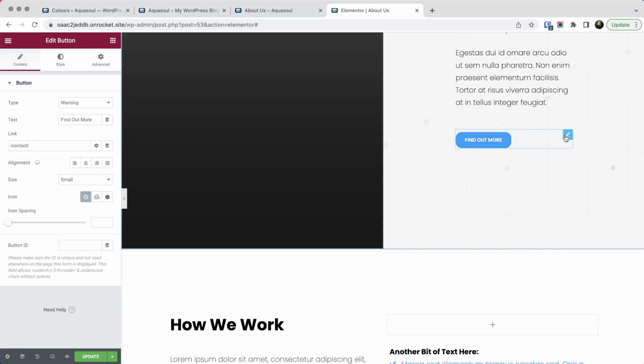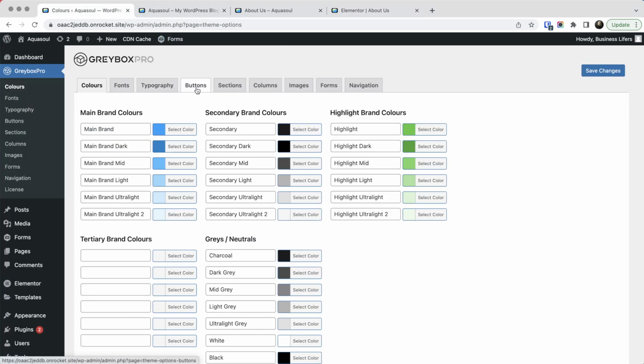Now buttons are a different thing altogether. So buttons are controlled by GreyboxPro as well. The reason we do that is it just makes it so much easier. You don't have to set up your buttons every single time. So in this case, we're looking at a warning button and it's size small. And so if I go into my buttons over here